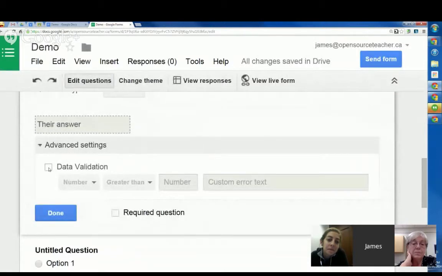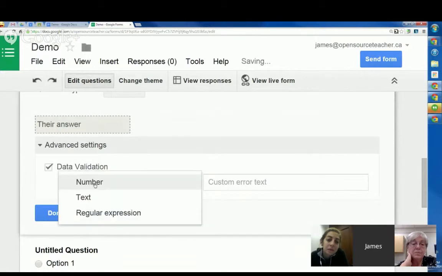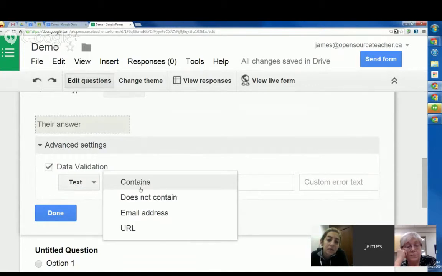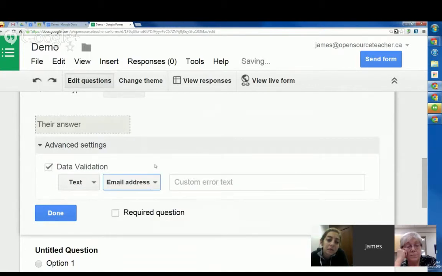That means it's going to check what they've entered and make sure that it matches a certain criteria. If I check that, I can choose from number, text, or a regular expression. I use text all the time. With contains, you can say it has to contain a certain word, but you can actually validate it as an email address. So if I say text, data validation text is email address,